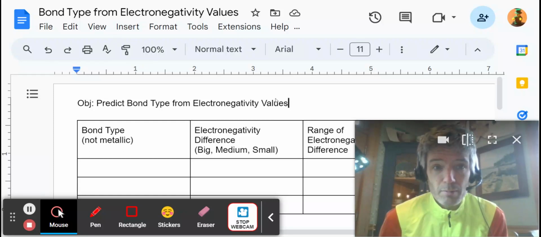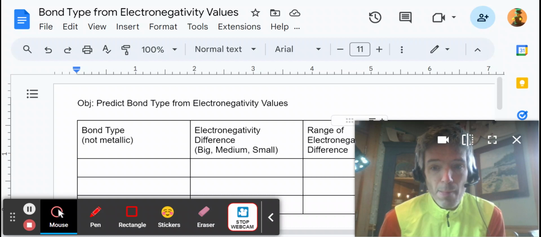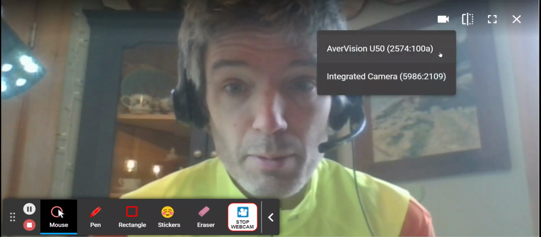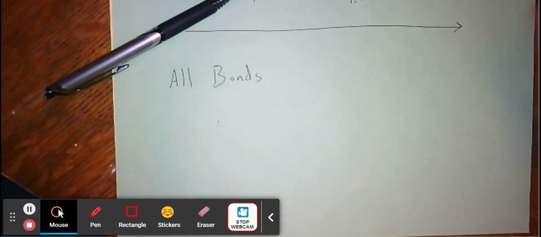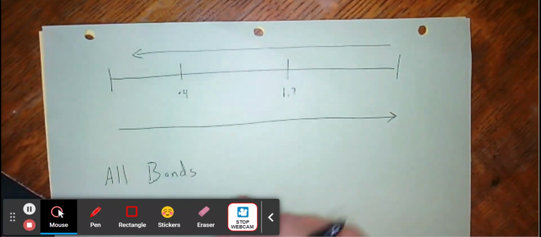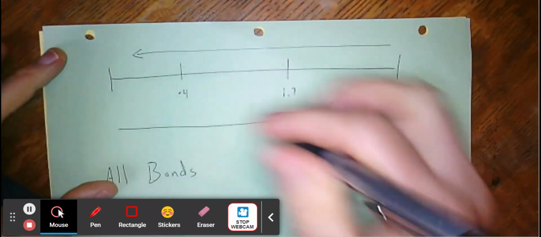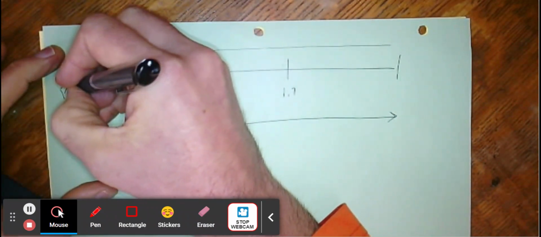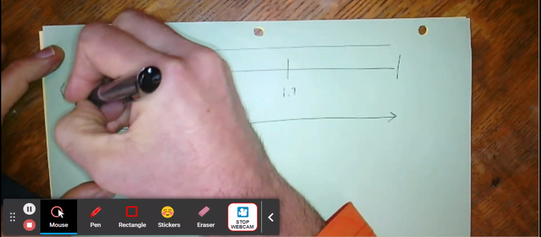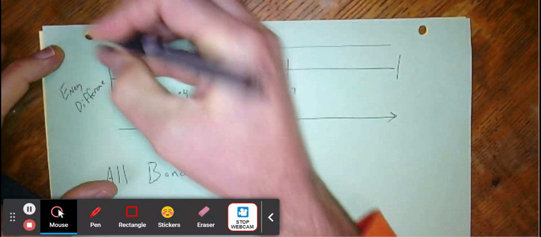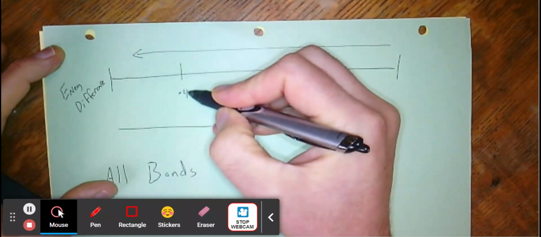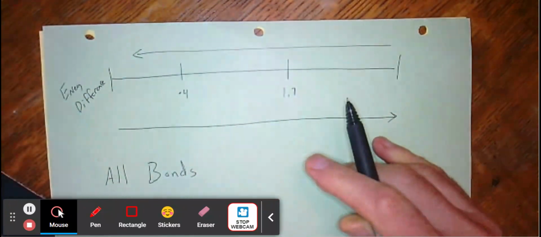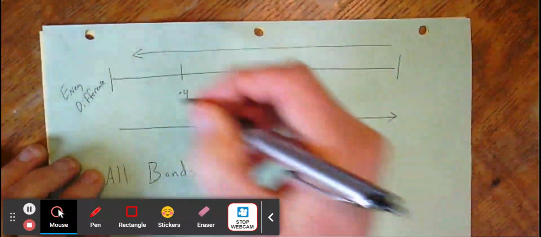Okay, here's our bond. With this, our objective: we want to predict bond type, and there are three types of bonds that we're going to be able to predict from electronegativity values. If the electronegativity difference is 0.4 or less, then this is